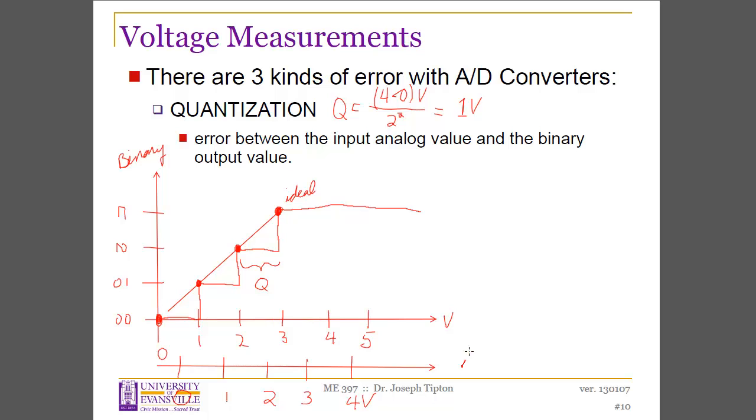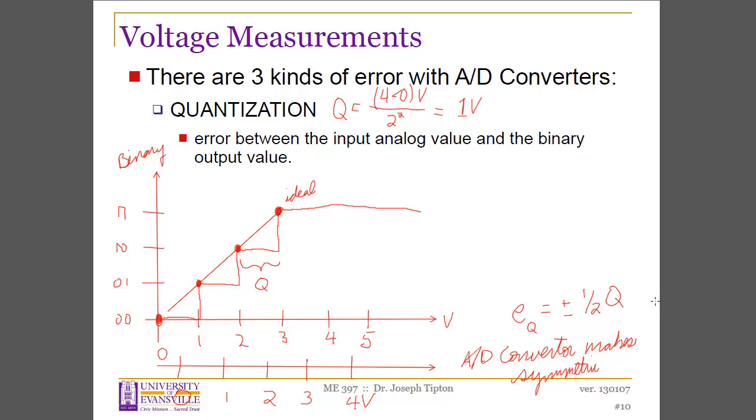And this is typically how an AD converter makes this symmetric. And thus the error due to quantization is plus or minus 1/2 of the quantization. So I'll write this way. The error associated with quantization is equal to plus or minus 1/2